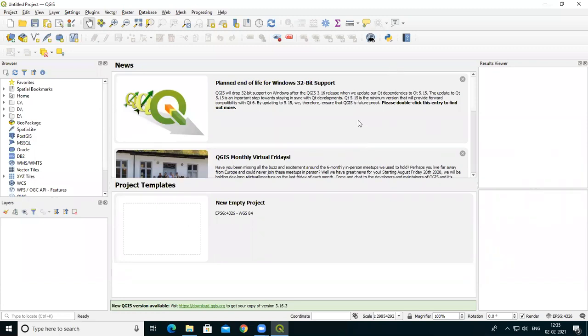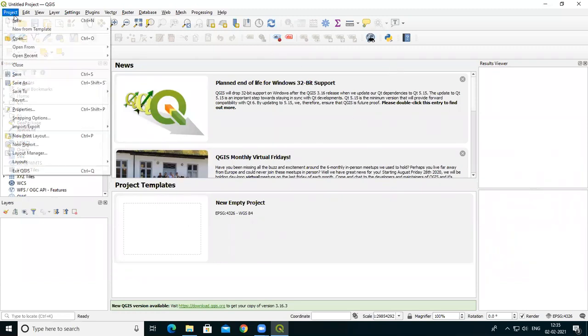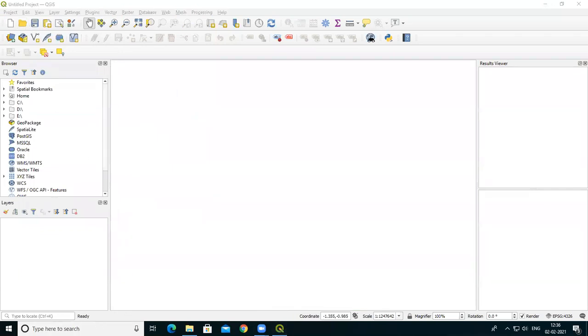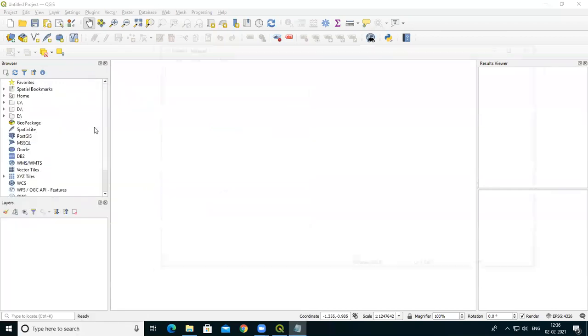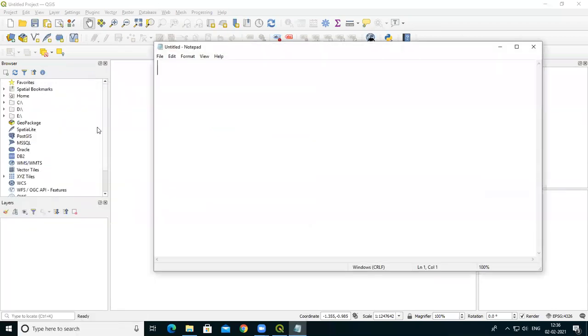Okay, then project new. First of all, I'm showing you practical number 1. I already showed you practical number 1A, which is related to the polygon representation.